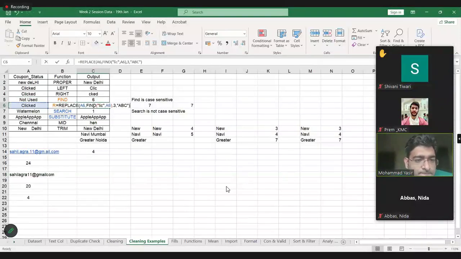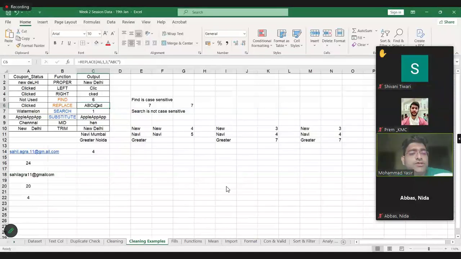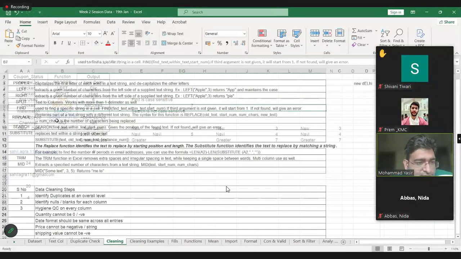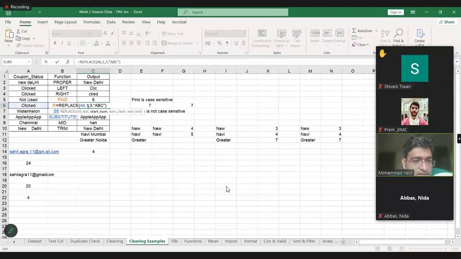Now coming to replace. Replace, what does it do? One second. Okay, so the replace function, if you see the definition, replaces part of a text string with another different string. So how do we execute it? See, replace has multiple arguments. The first argument is the old text, which is this. Then the starting number you want to replace from.